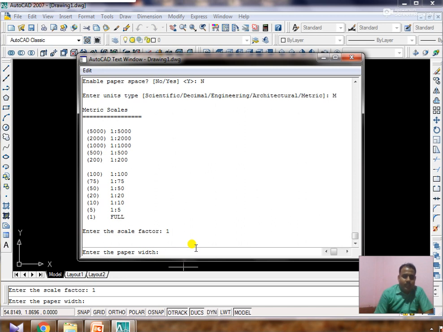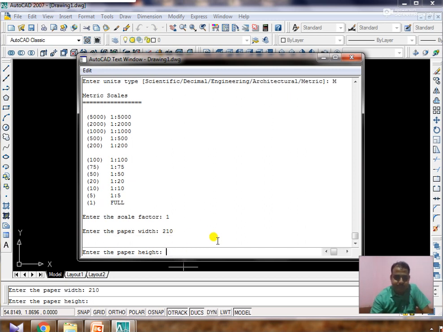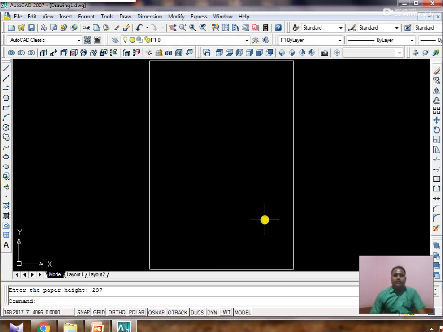enter. Then enter the paper width. If I choose the A4 size page, the width means this is the width and this is the height. So the width of the A4 size page is 210 millimeters. So 210, enter. Then the height is 297 millimeters. So 297, enter. Then this rectangular box in front of you represents the